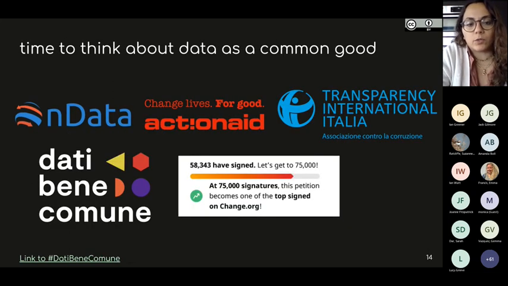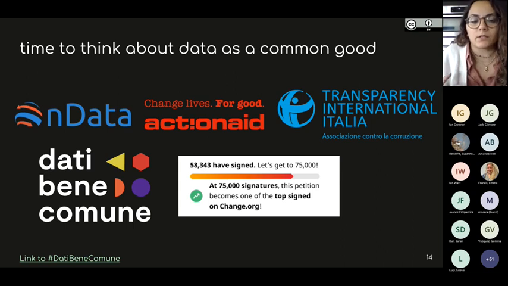And the experience that I want to share with you is one of Dati Bene Comune. Dati Bene Comune is an Italian slogan, let's say, that literally means data common goods. And we started a couple of years ago, November 2020, when the pandemic hit the globe and especially Italy in a very, very bad way at the beginning of it all. We started together with ActionAid and the Italian chapter of Transparency International a campaign where we explicitly asked the government to open up data around the COVID-19 pandemic because the citizens had and still have the right to know and to understand what goes on. And then this campaign, Dati Bene Comune, has reached a very, very big network of people who have signed and promoted and